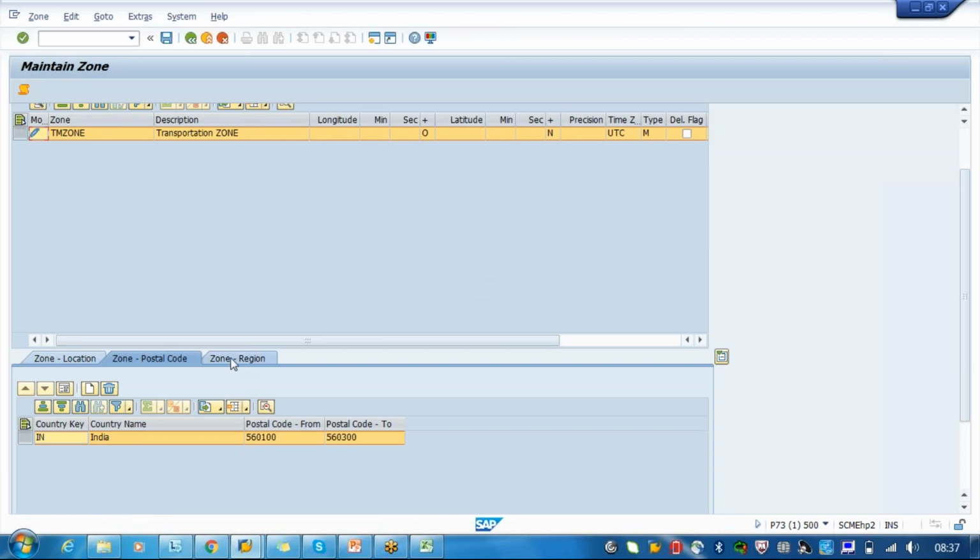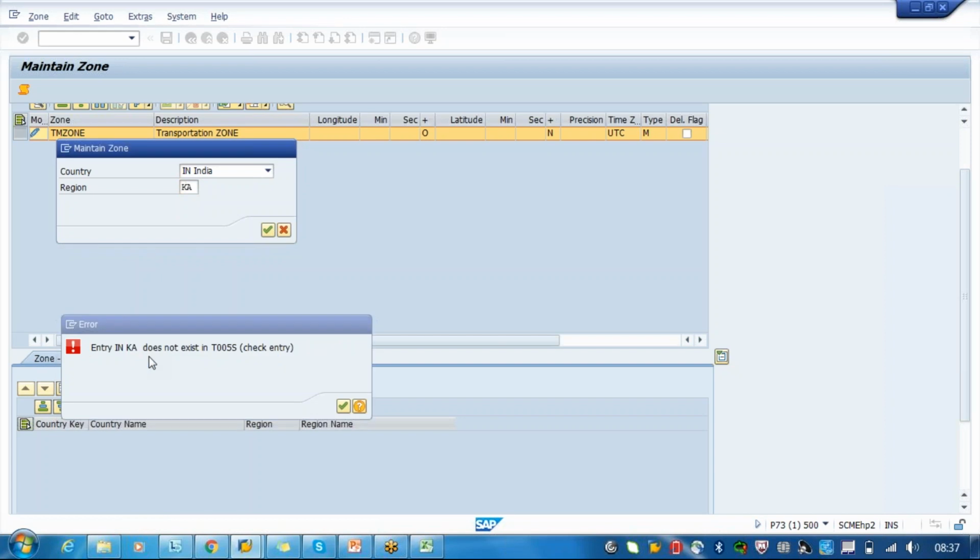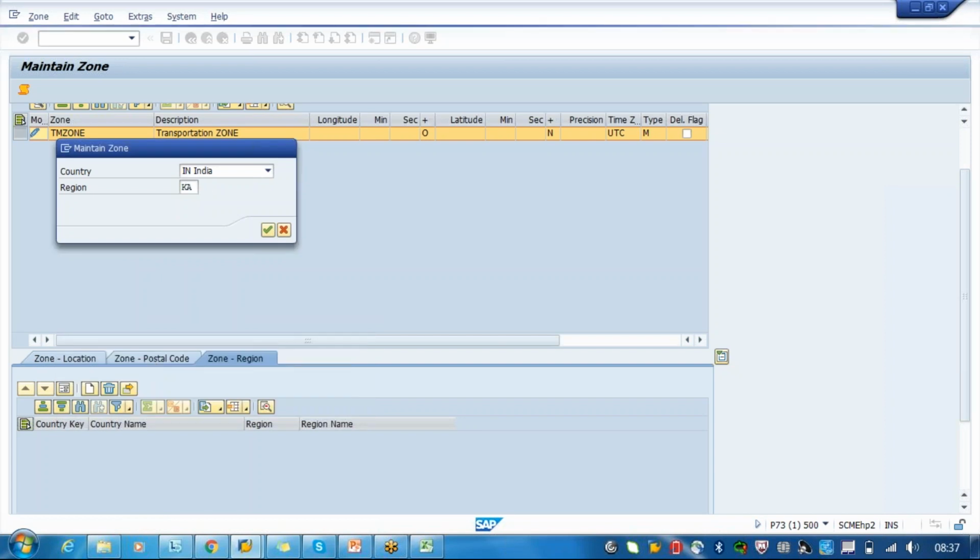Okay. In case you want to add based on regions, you can come here. Region is, let's say, AP. Actually, we don't have it.